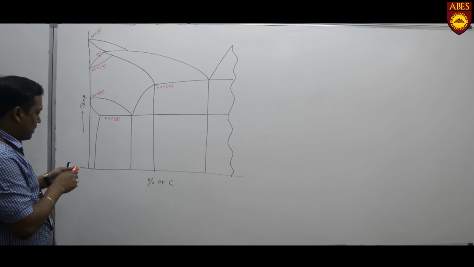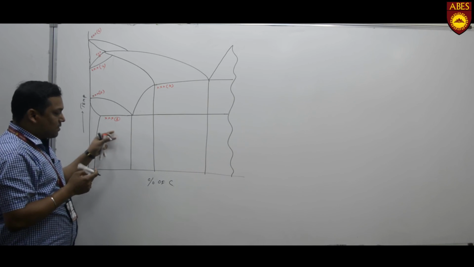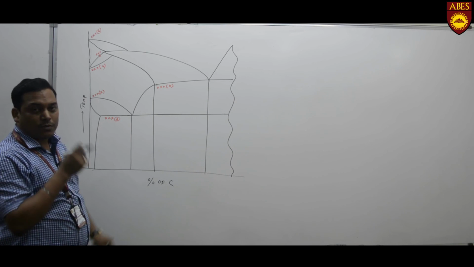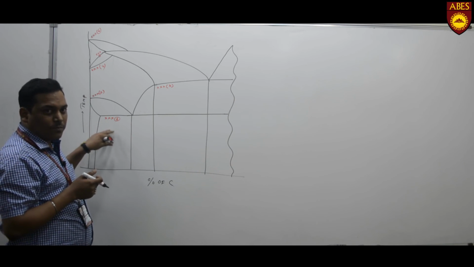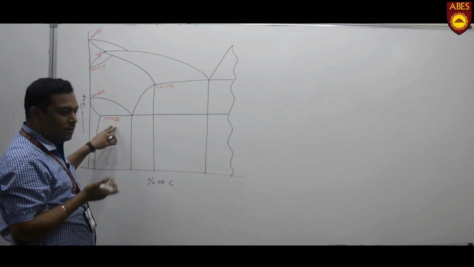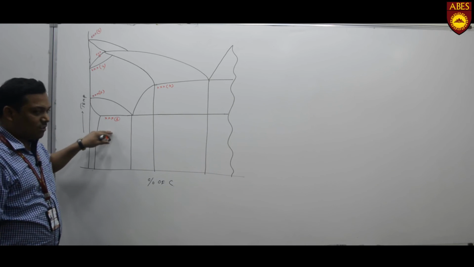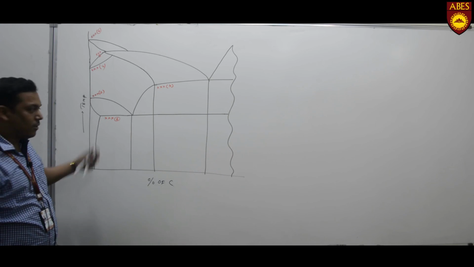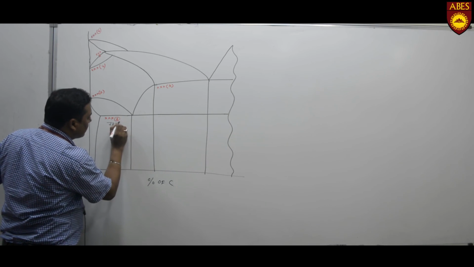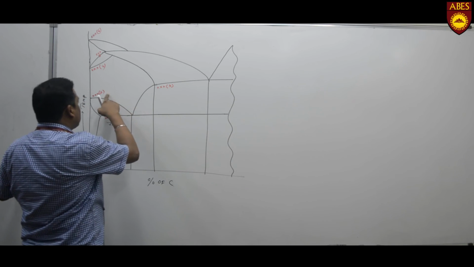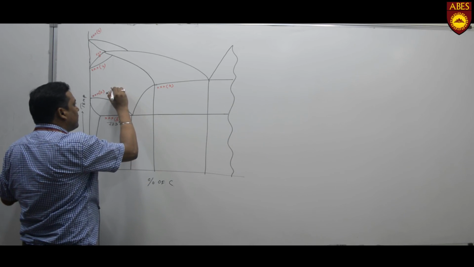So what are the temperatures? Number 1 temperature is the recrystallization temperature. We all know that at this temperature the BCC structure is transformed to the FCC structure, and it is a very important temperature, because if any material is heated from 0 to 723 degree centigrade, the transformation goes on. So this temperature is 723 degree centigrade. Second temperature is that point. This is also a crucial temperature, called 910 degree centigrade.